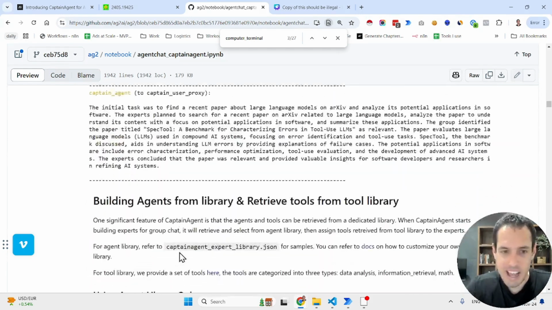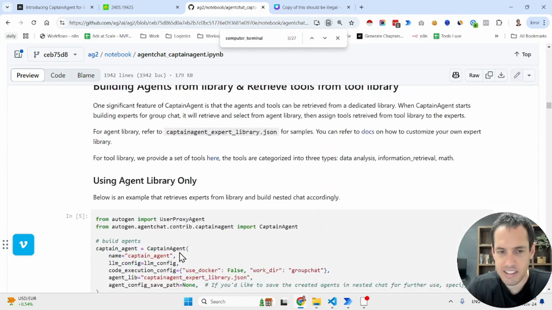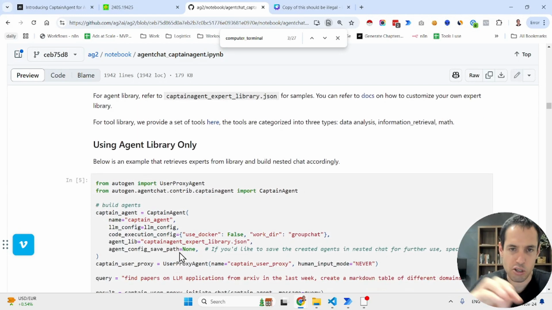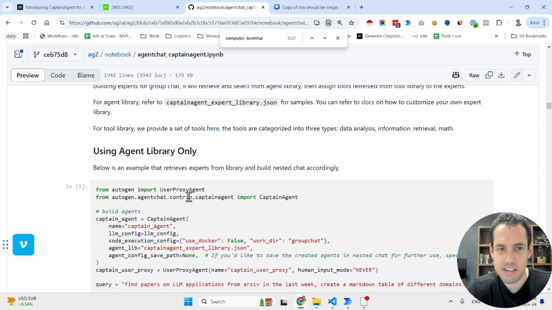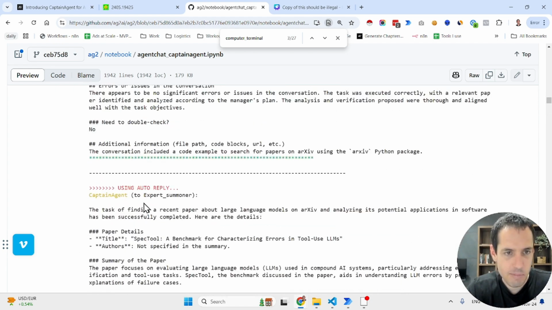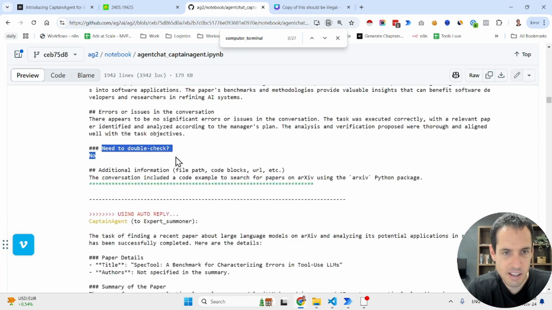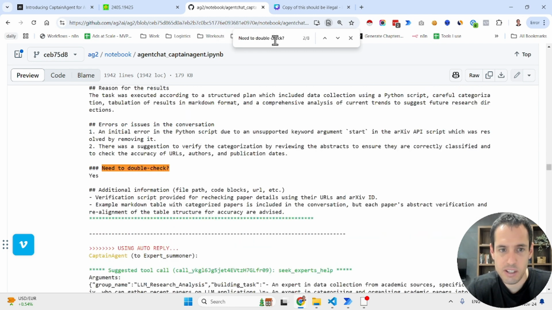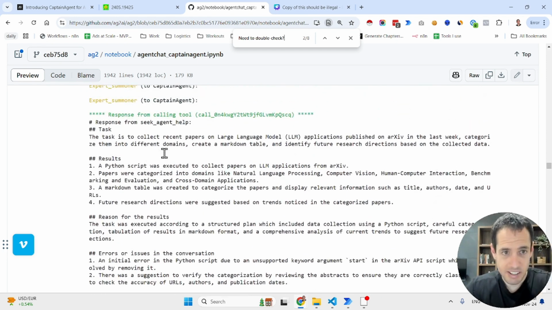I mean, they have a few more examples here. All the examples are important because they show different aspects of this solution, using tools, not using tools, but I don't want to make this video any longer. So let me just show you this part in which they do need to double check again. So here, the expert summoner basically